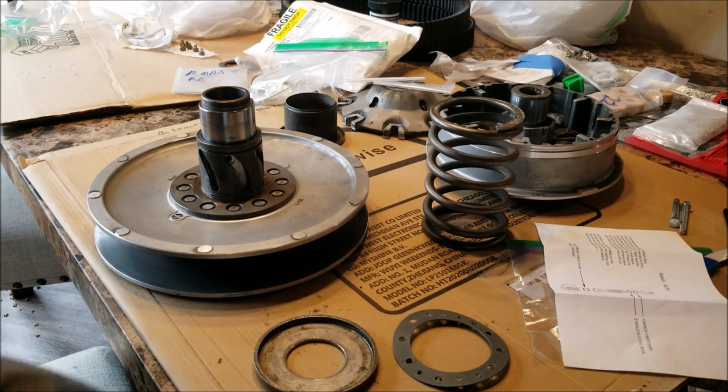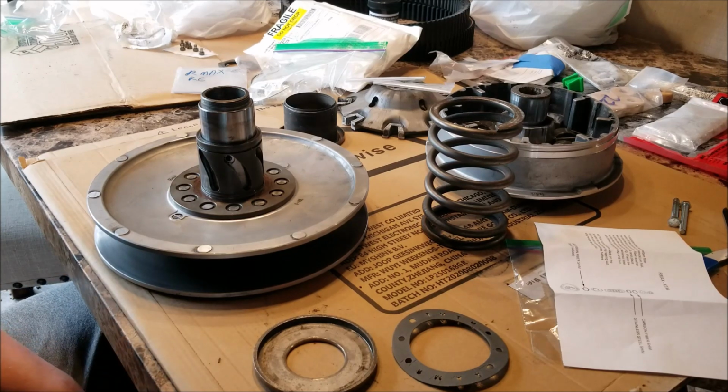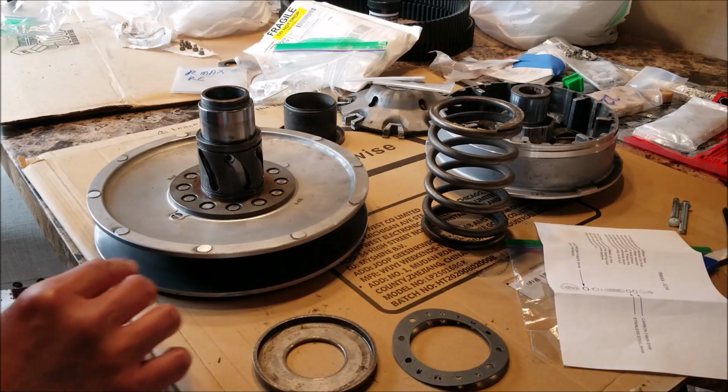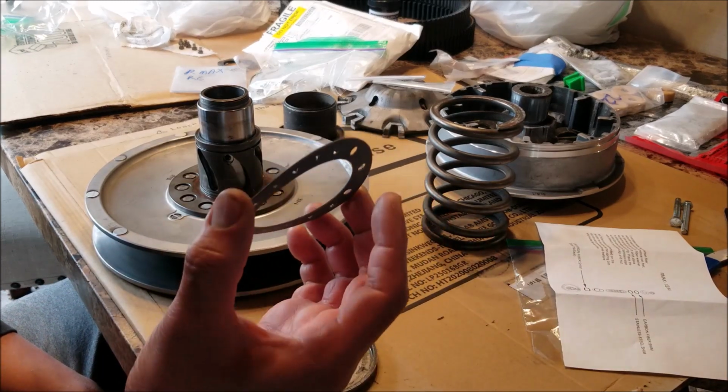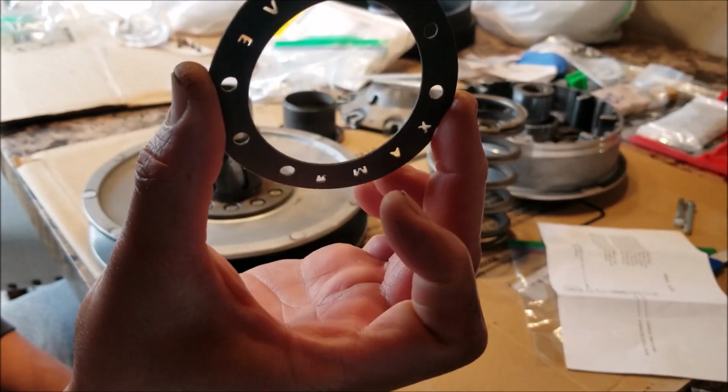Okay, this is just to show you the installation order of the slippery washers. This is an old product, believe it or not, for previous Yamaha models. It's been adapted to the RMAX from UTV Engineering. The thing that you want to go on first is, and this is a prototype so it's not coated, you want